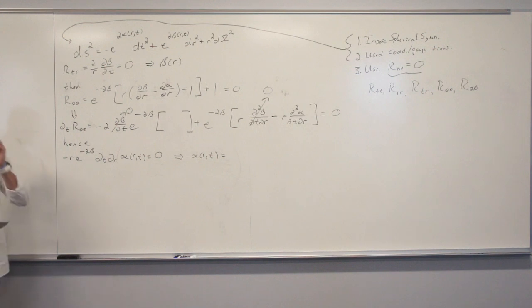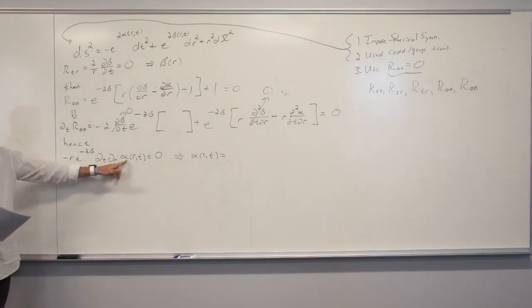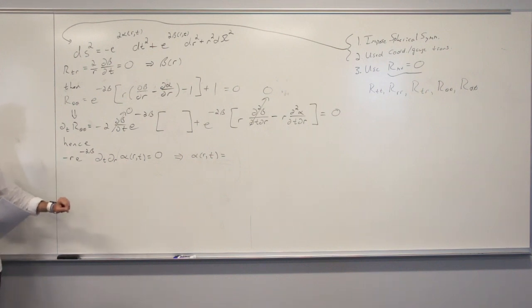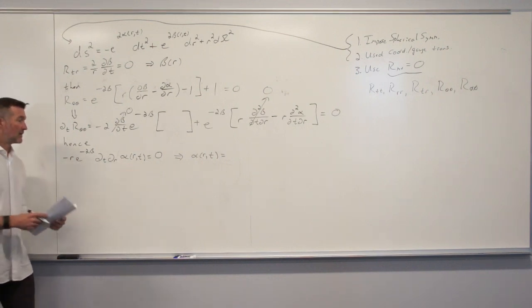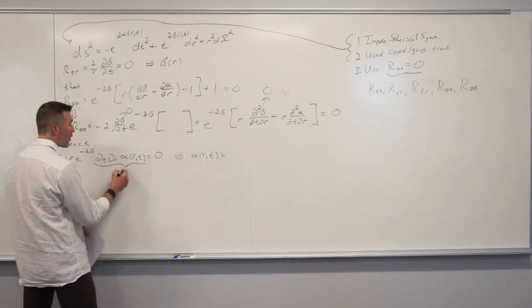Okay, so the mixed partial of this function of r and t is 0. This isn't going to vanish because of this coefficient vanishing. It's going to vanish because this vanishes. All right. So if the mixed partial